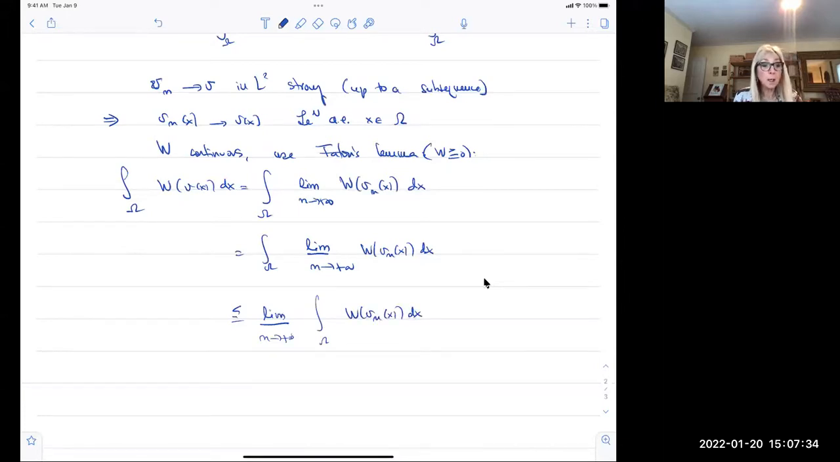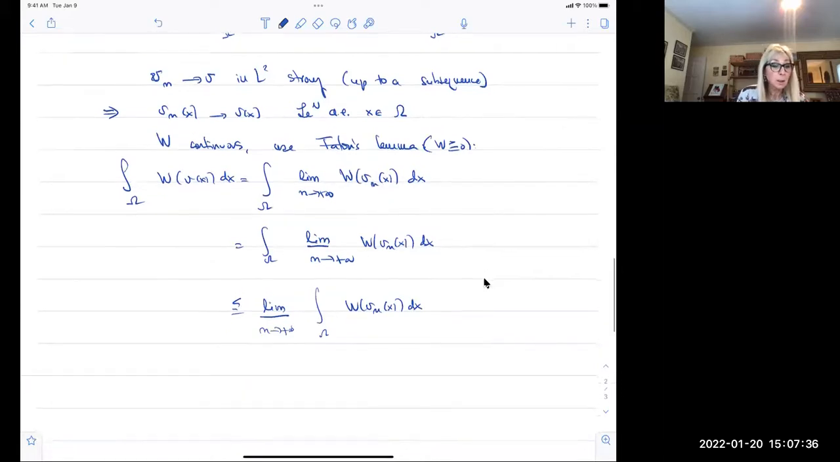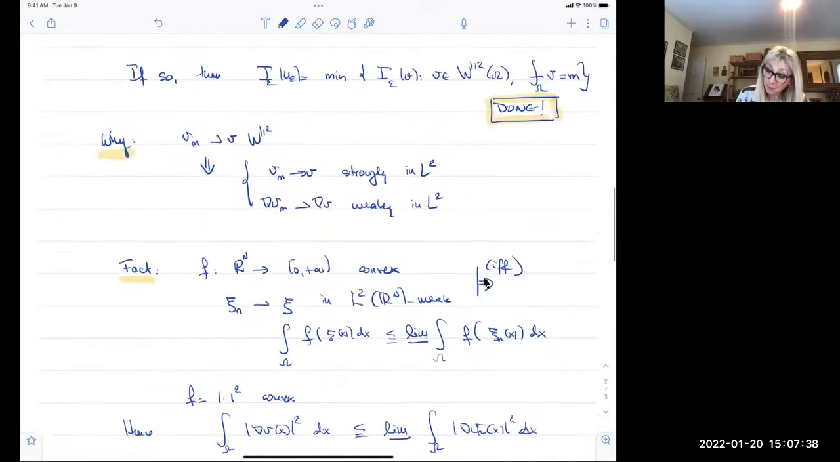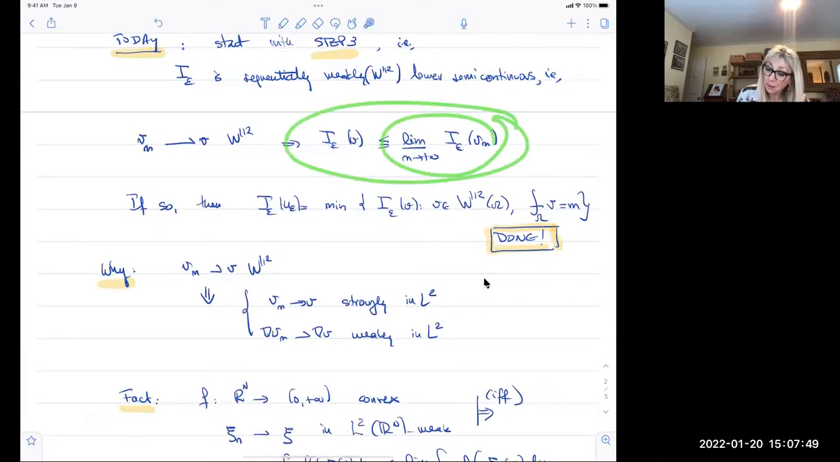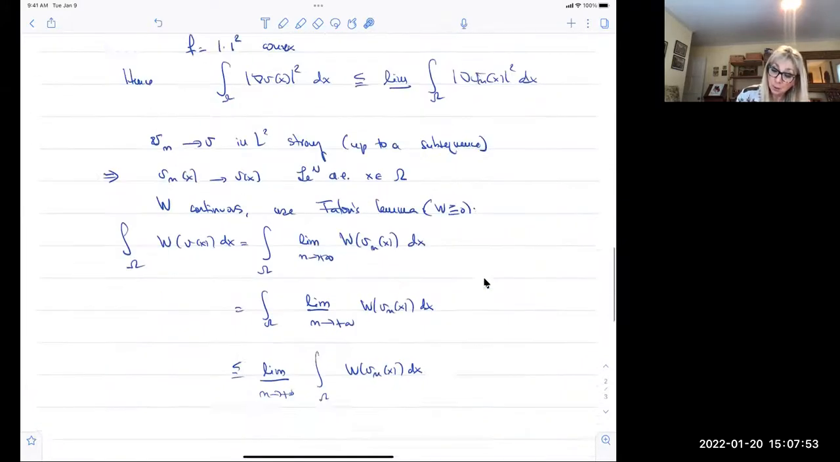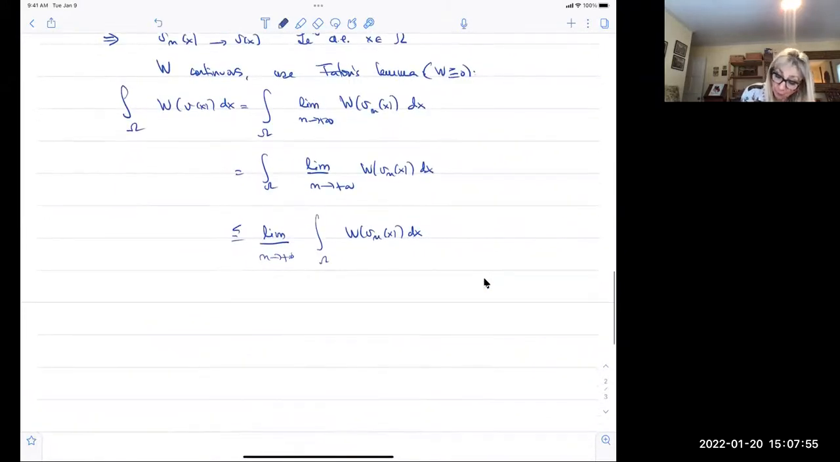Okay, so then conclusion. Remember, this is what I want to show, right? I want to show this. So I'm going to start from the right hand side and try to get to the left hand side, right? So that's what I'm going to do. So therefore, if I take the limit inf of I_epsilon of v_n,